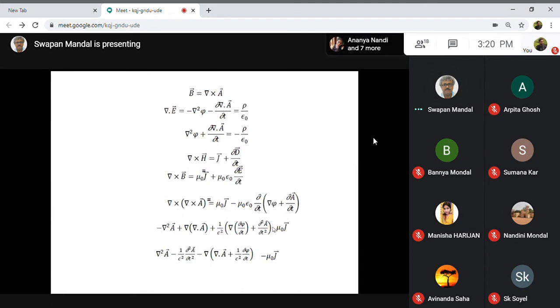Oh, I have missed an equal sign here. Maybe some equal sign could be here. One equal sign here. It has gone there, perhaps because of my typing. Okay, you have to put it here, equal to mu 0 j. So mu 0 is sitting here, but I have changed the side here. And just by taking this one as c square and doing some algebra, I end up with this equation. Now what I got, just multiplying by minus sign, minus sign gone, del square A. This is minus 1 by c square del square A del T square, this term.